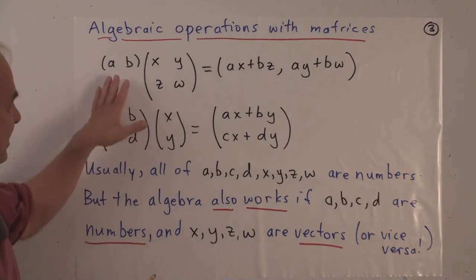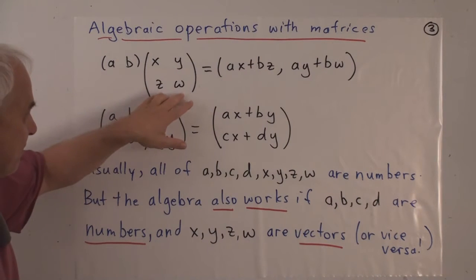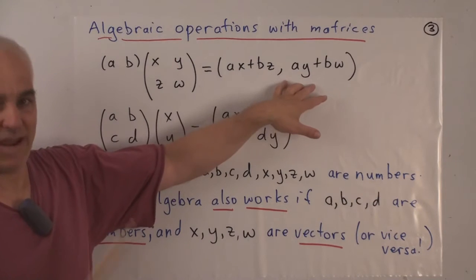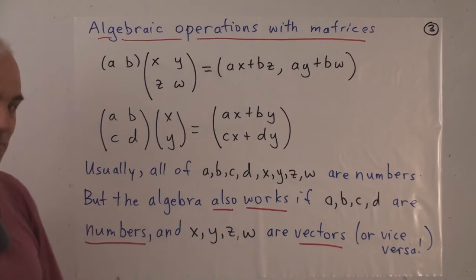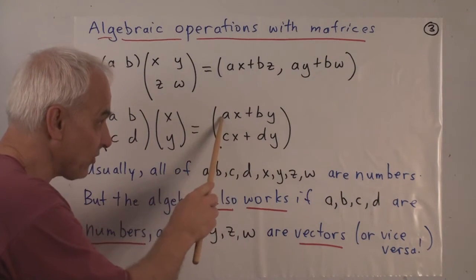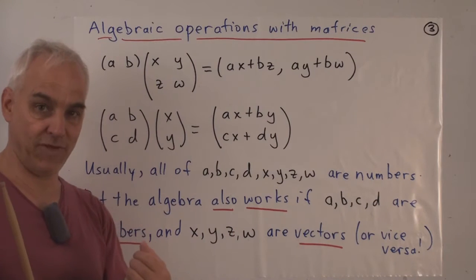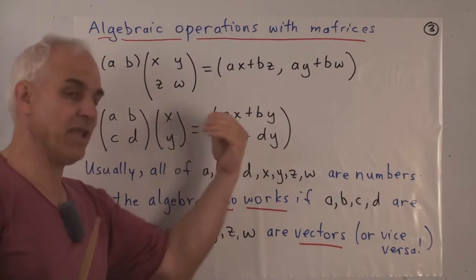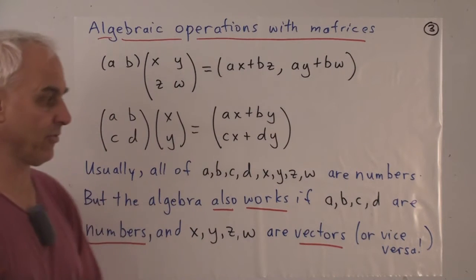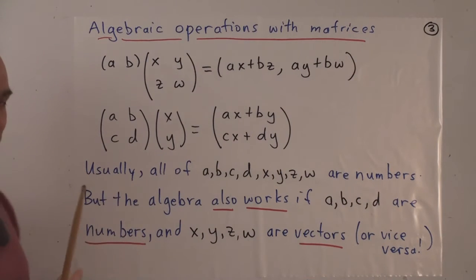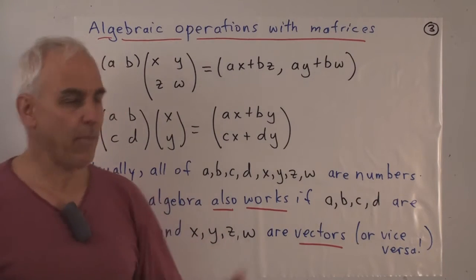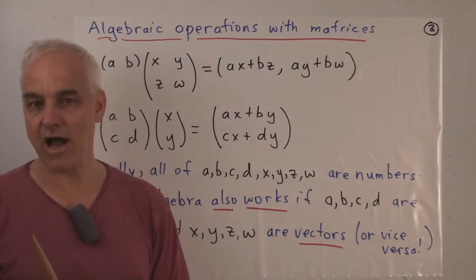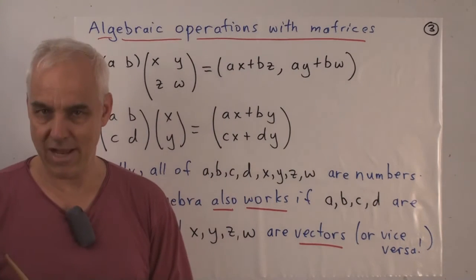So this matrix of numbers times this matrix of vectors gives us a matrix of vectors. Similarly the other way around, if these things are all numbers and X and Y happen to be vectors, then these things are also vectors because they're linear combinations of vectors. So on the right hand side again we get a vector whose entries are vectors. The argument is of course symmetrical, so it also works vice versa. If the A, B, C, and D happen to be vectors and the X, Y, Z, and W happen to be numbers, then we would still get a consistent kind of augmented matrix algebra.